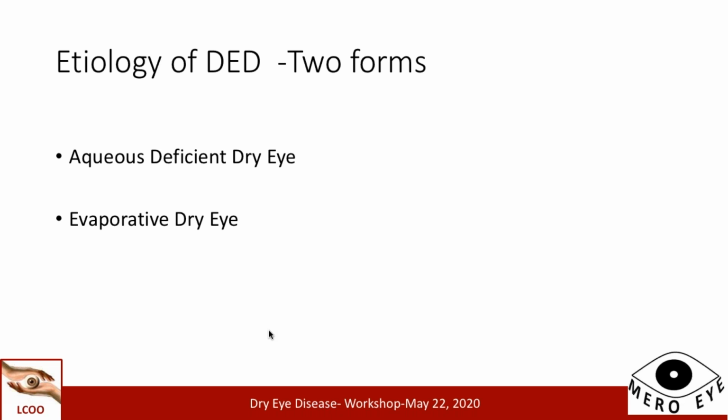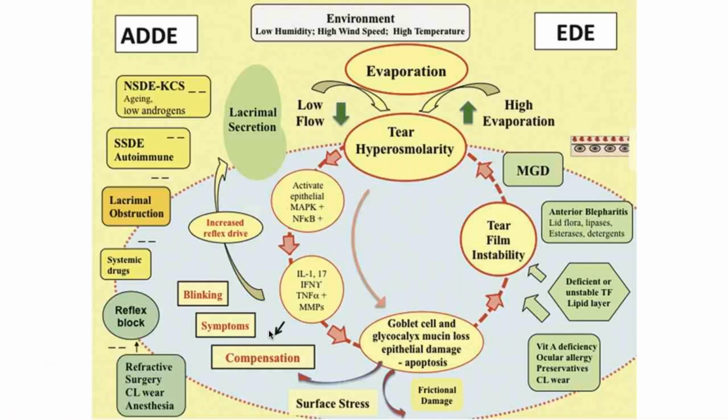And so as I said, when we are talking of dry eye disease, you have two large forms. One is the aqueous deficient dry eye and the other is the evaporative dry eye. This may appear to be a complicated diagram, but you can look at the two categories, aqueous deficient dry eye and evaporative dry eye. They have different etiologies, but they all can lead to a mixed version, which will lead to a disturbance in the tear